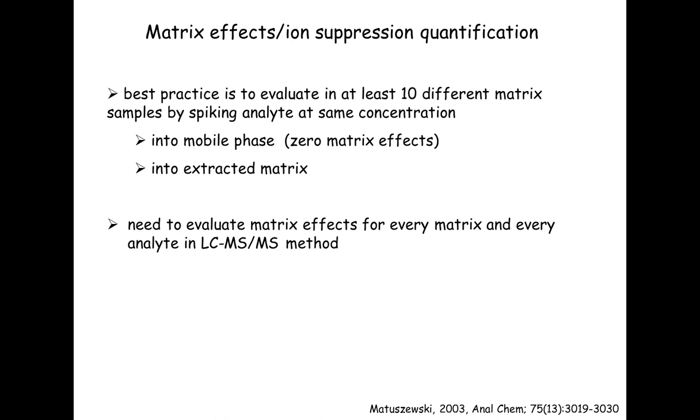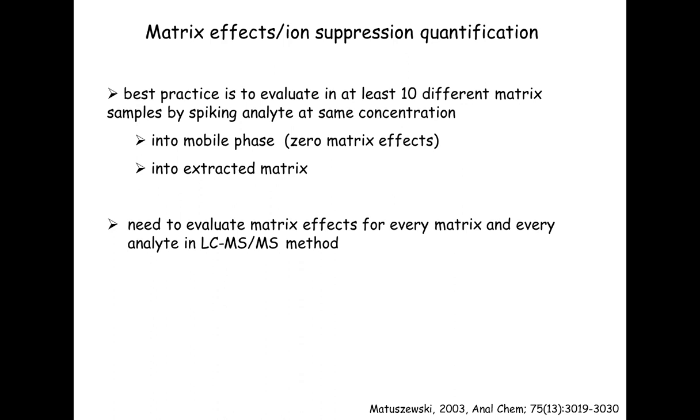And so there's a couple different ways of doing this. First we're going to talk about the way to quantify the matrix effects or ion suppression of your method. The best practice is to evaluate 10 different matrix samples. Now 10 does sound a lot, especially if you're talking about endogenous analytes where it's really hard even to find one blank matrix sample. But a regulatory agency has this in their criteria,